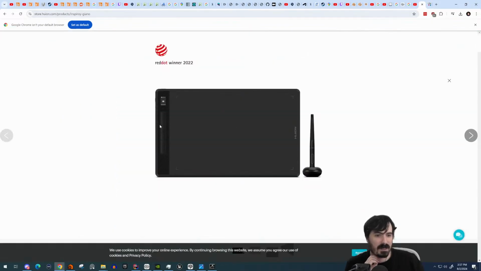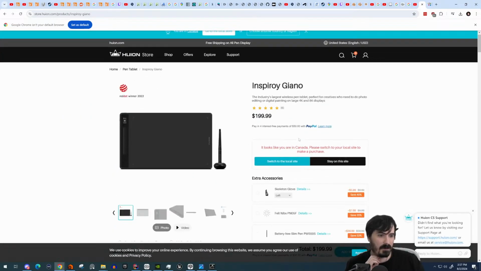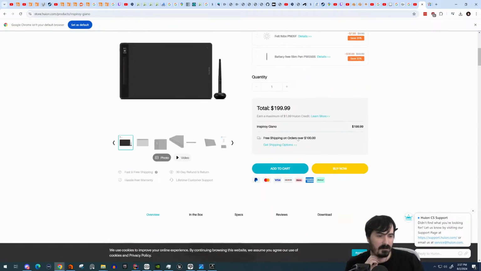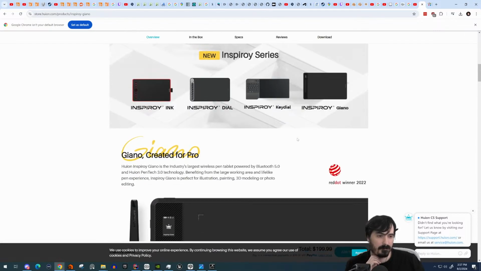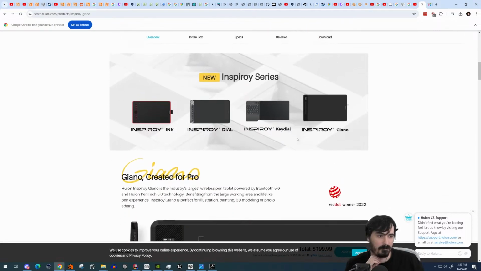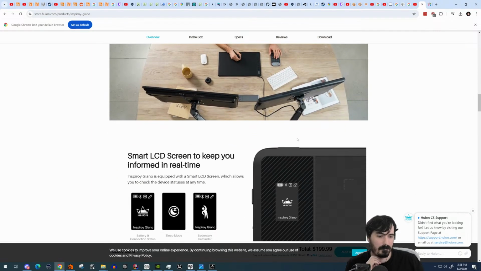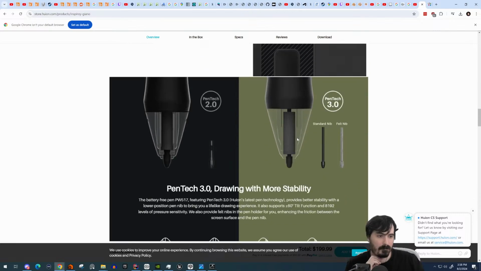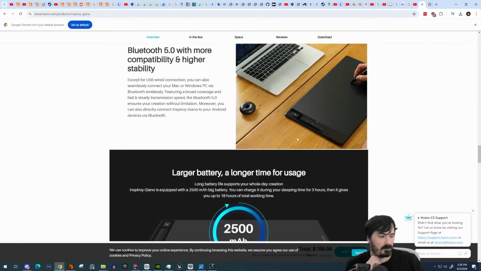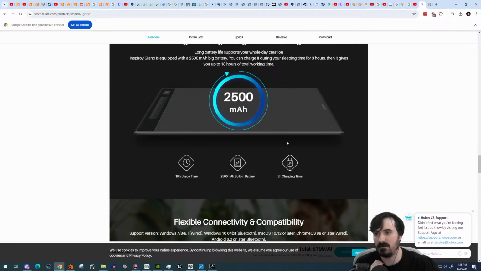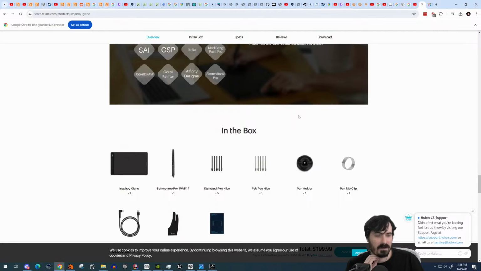But I'm actually kind of leaning towards the Huion, if I'm being honest. The Huion looks like it should be probably pretty good, and I'm pretty used to the Huion pen because it's what I used to use. So I might do that